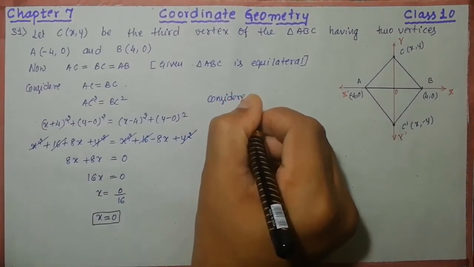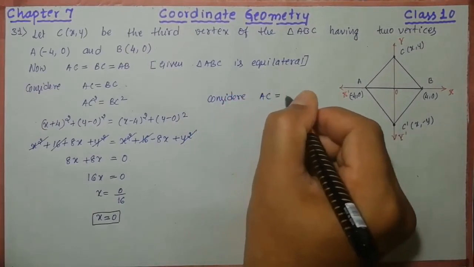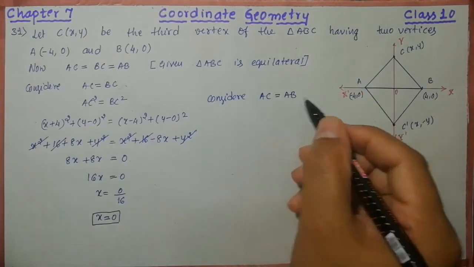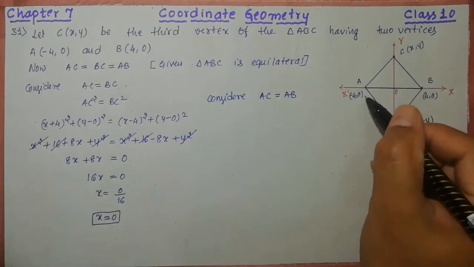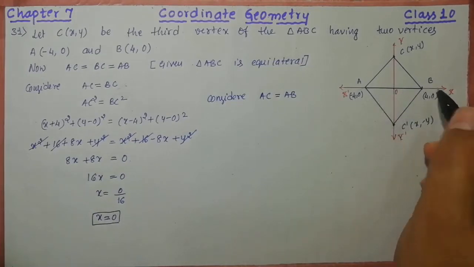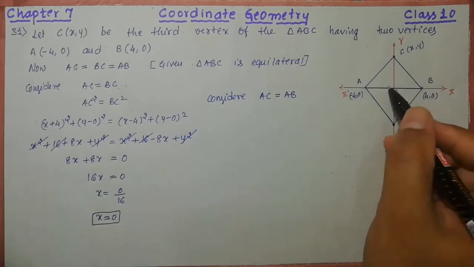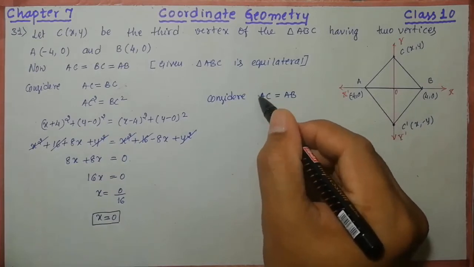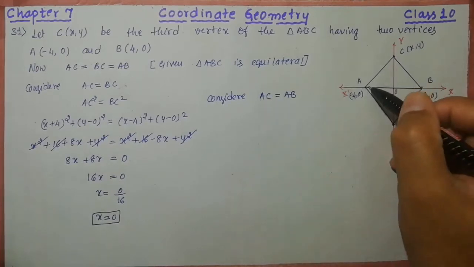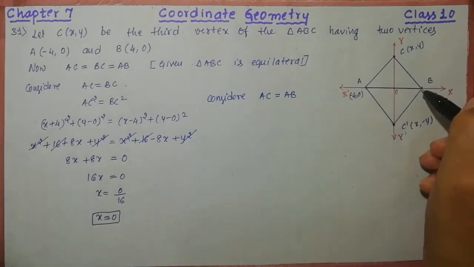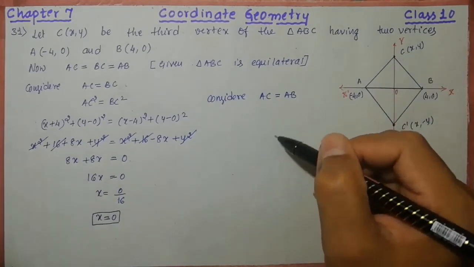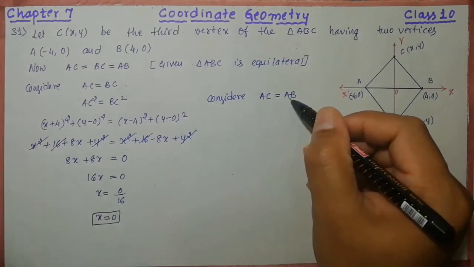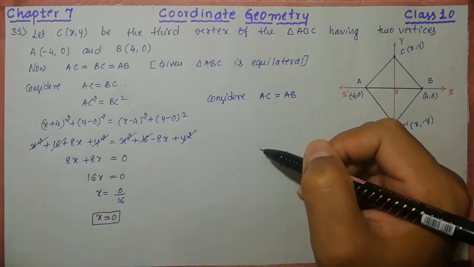Consider first and third, AC is equal to AB. So now look at here, in the second case there must be AB, because A and B's coordinates are known. There is no variable x and y, so that's why we can exactly define what is the length AB. So that's why there should be AB in the second ratio, and for the first one AC. Even if you take AC, you will get the answer. Even if you take BC, you will get the right answer. I'm going to consider AC, but if you do BC is equal to AB, then also you will get the right answer. You can verify that one.